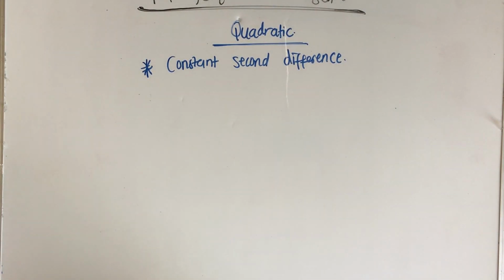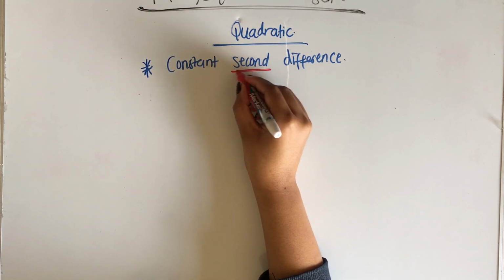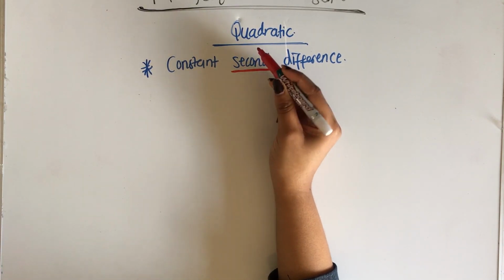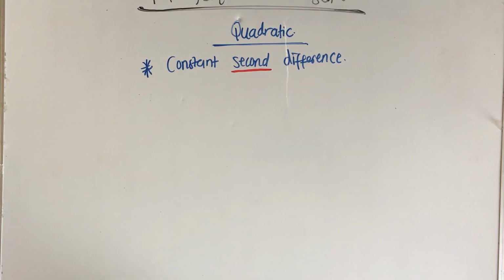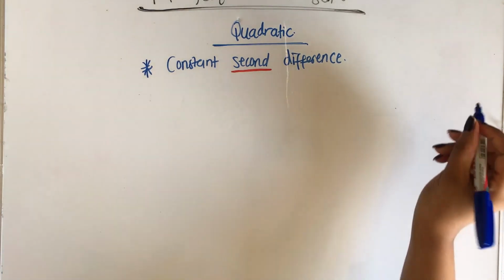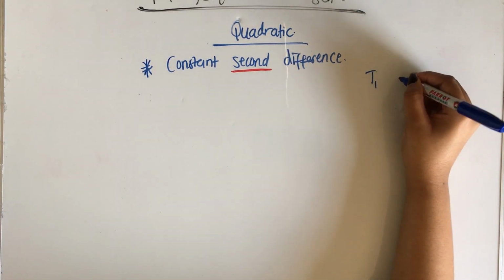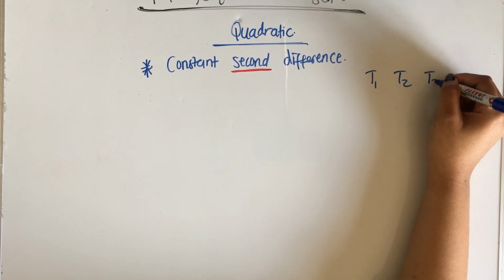It is very important to note that it is the second difference, not the first, not the third, but the second difference that is constant. What do they mean by that? For example, let's say we have T1, T2, T3,